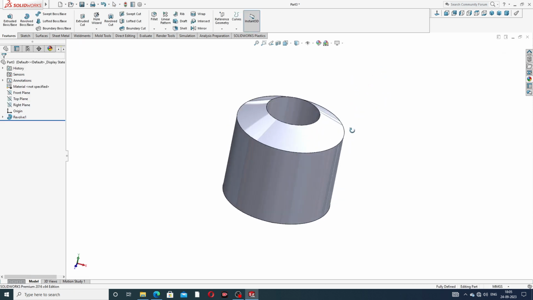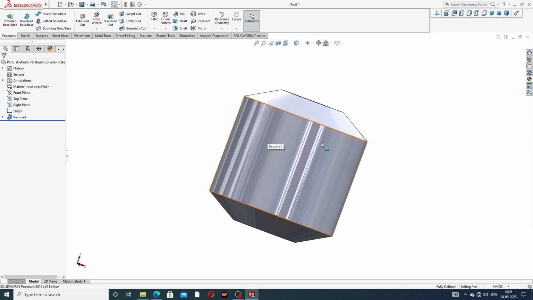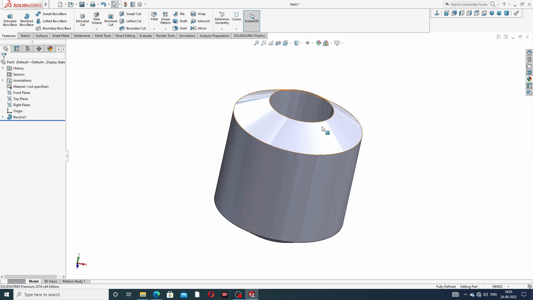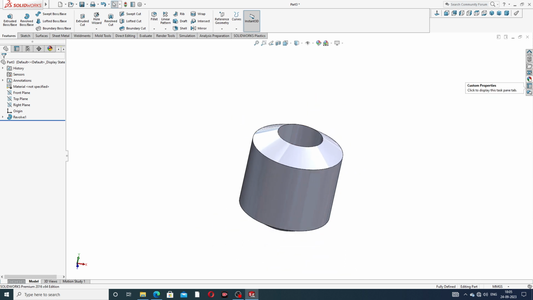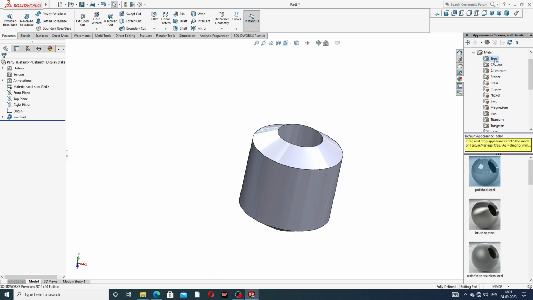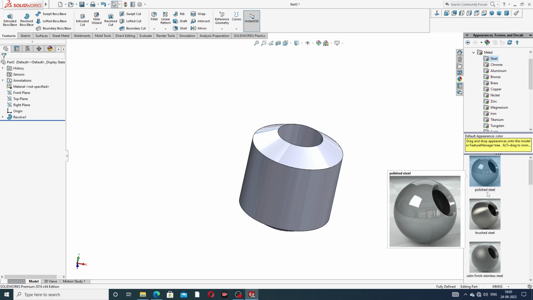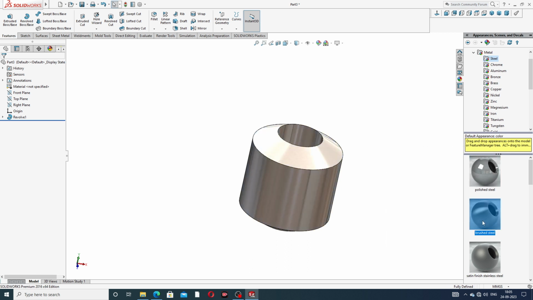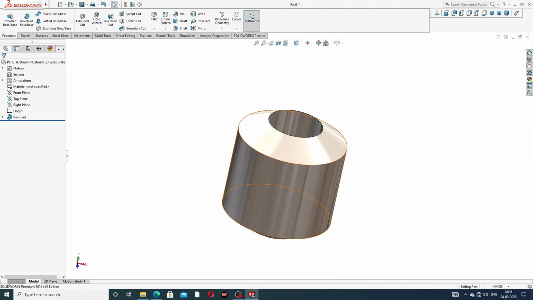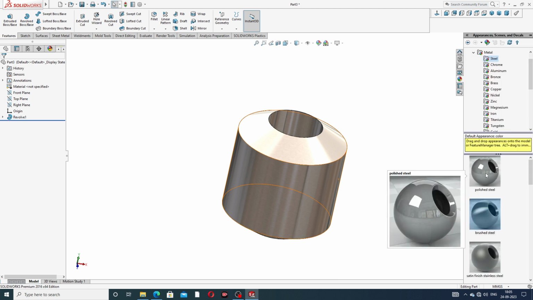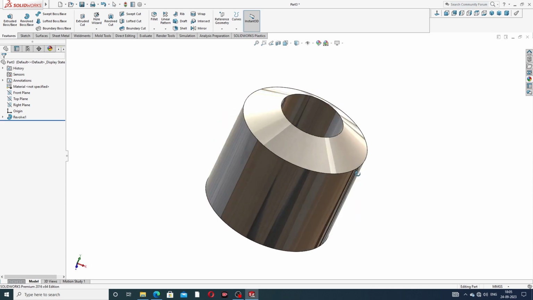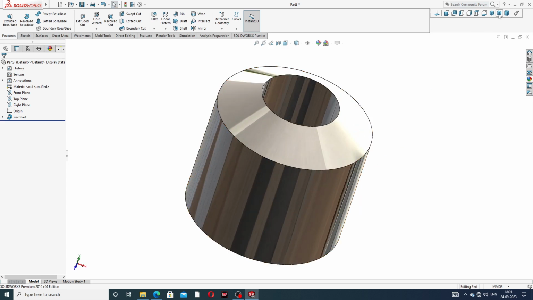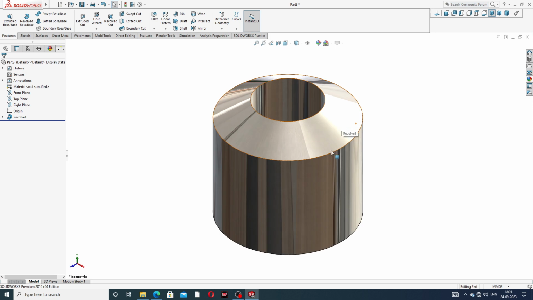Okay, this body is drawn in 3D with the help of this 2D drafting, the 2D geometry, and the material is applied here. Going to steel, then brushed steel, and again select polished steel, which is better. Okay, this is perfect and correct in the isometric view.